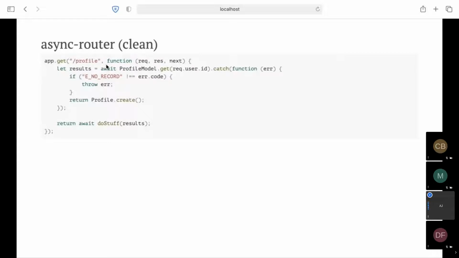And so what will happen is that the app.get, it is calling the Express router app.get, but it actually is wrapping it in async await error handling first. And so if you write the code like this, and I'll show you how you use async router in just a minute. But if you use the code like this, it will call next.error on whatever await bubbles up as